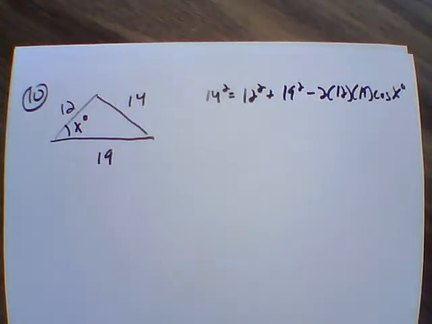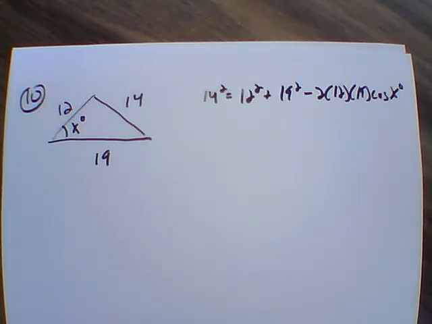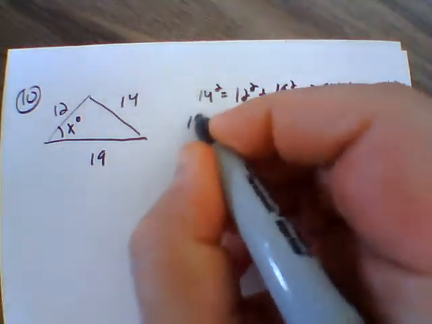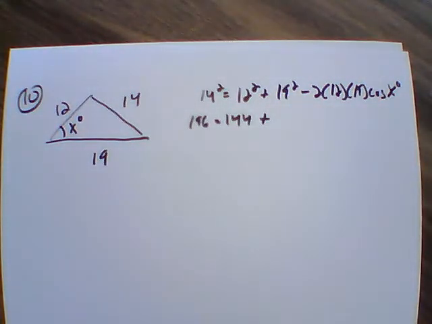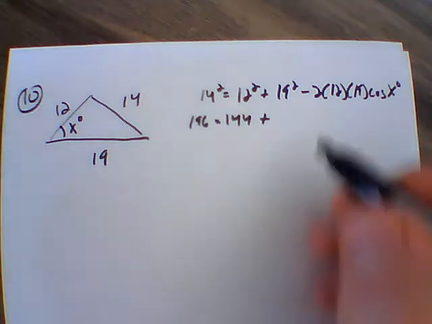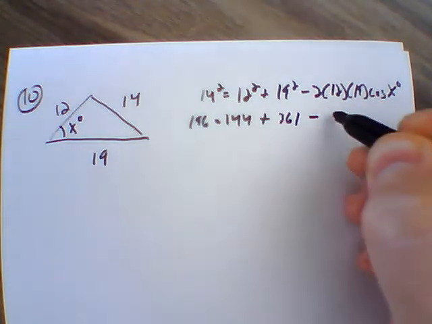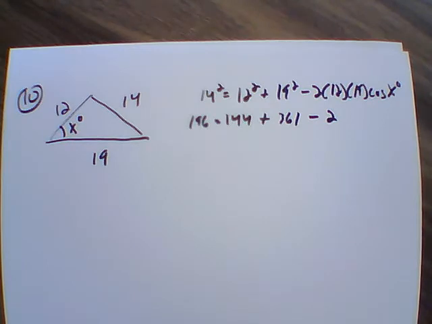So if I get my calculator here, 14 squared is 196. So I have 196 equals 144 plus 19 squared, which is 361, minus 2, or let me just multiply that out. If I take 2 times 12 times 19, that would be 456